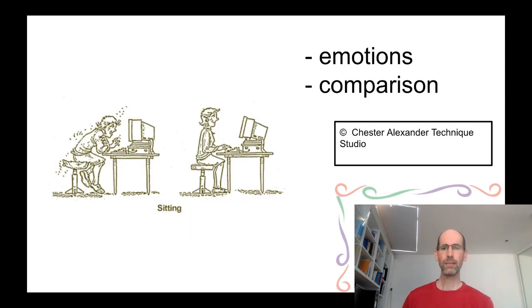So here's another image. It's a comparison, and comparisons are really useful. It also encapsulates some emotions, I think. It's a good couple of images to discuss emotions. Emotions are obviously depicted in different ways sometimes, and here you can see with the figure on the left-hand side, what look like a lot of bees or flies buzzing around, but perhaps they're not bees or flies, perhaps they are illustrating a particular emotion, and you might ask your students, well, what's going on there with that emotion, with that person, and how is it affecting their posture, the way they sit at their computer.